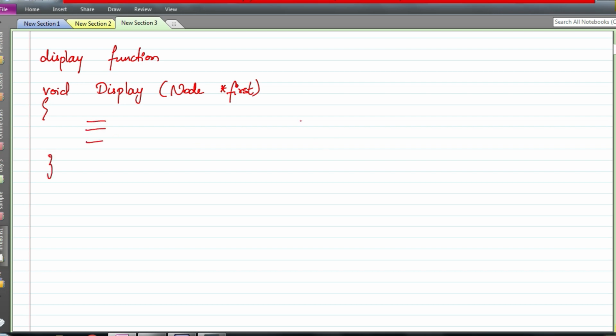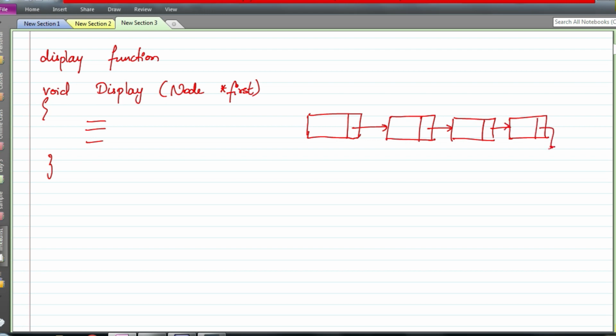So how it works is, we have a list of nodes like this, which is the actual linked list that you have created. So let us assume we have a linked list, and for each and every function you have to make sure all the necessary error conditions are verified. So now this is your first pointer which has the address of the first node. Here we have data, and then the next pointer which contains the address of the next node.